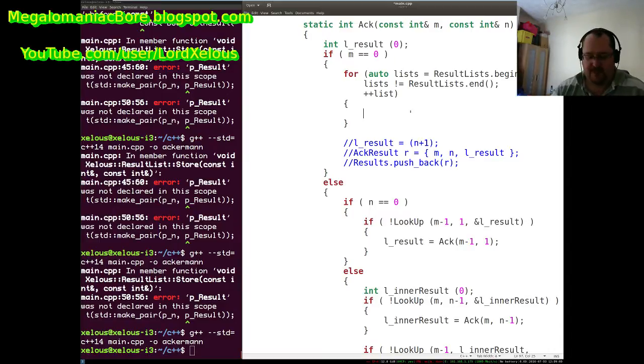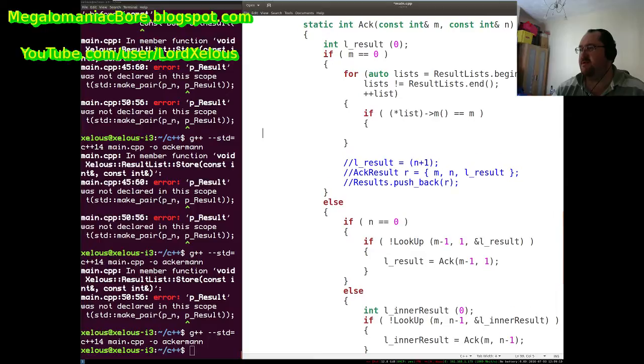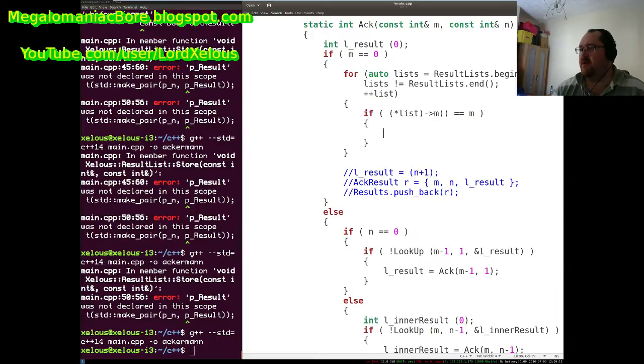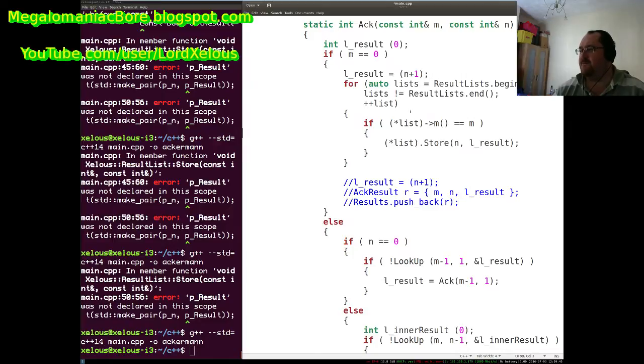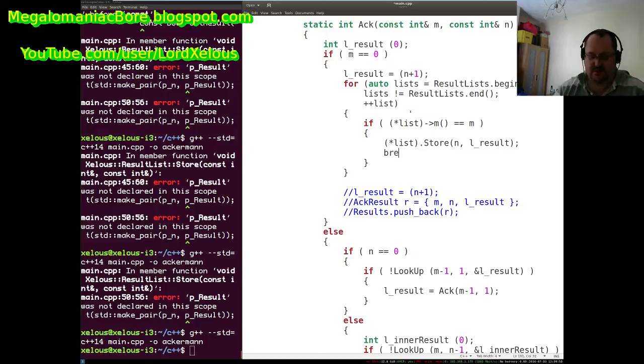And if the list m equals m, so if that is this list, then we can go, what can we do? We can go pointer list store, store n result. Okay, so because we need to know the result, there we go. Because we know that is that, we do all that, and if we didn't find it,